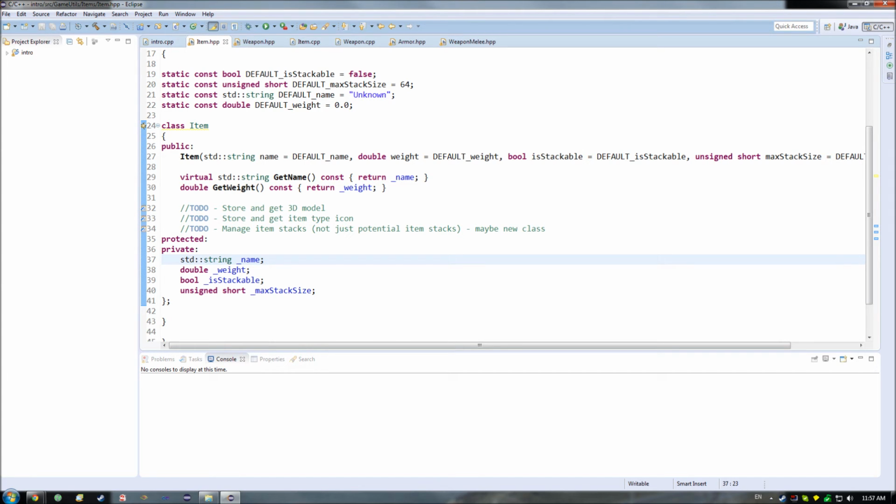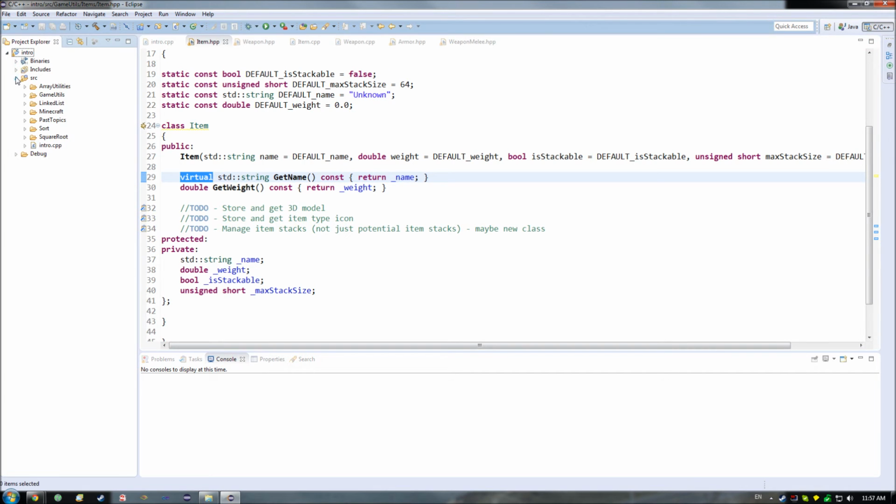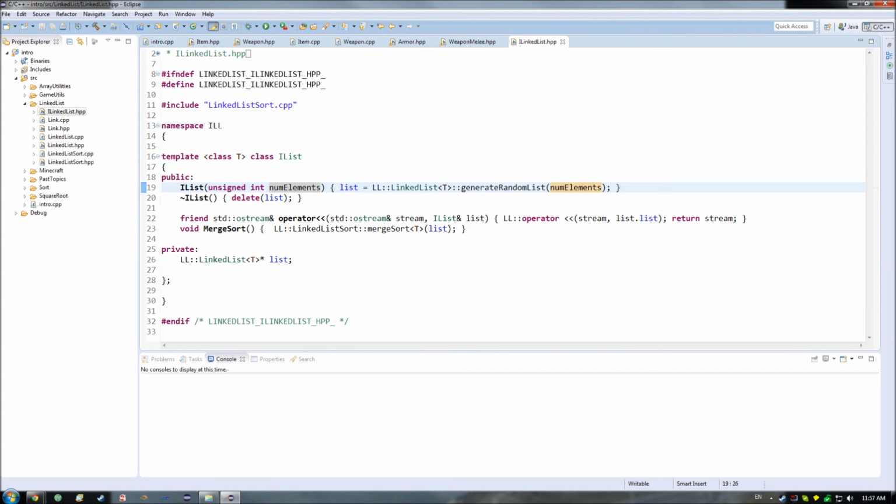So that is the important thing about it. And in general, what I would be looking to do with this is make this a virtual or a purely virtual class. And the way in which it would be purely virtual is if everything in here was virtual. What that is known as in something such as Java or C# is an interface. And I know that we've already to a certain extent covered interfaces, in case we head on back over to linked list and iLinked list, in which we use it to act as a contract between the two, in a way of limiting the exposure of our main method and our other classes to the specific linked list